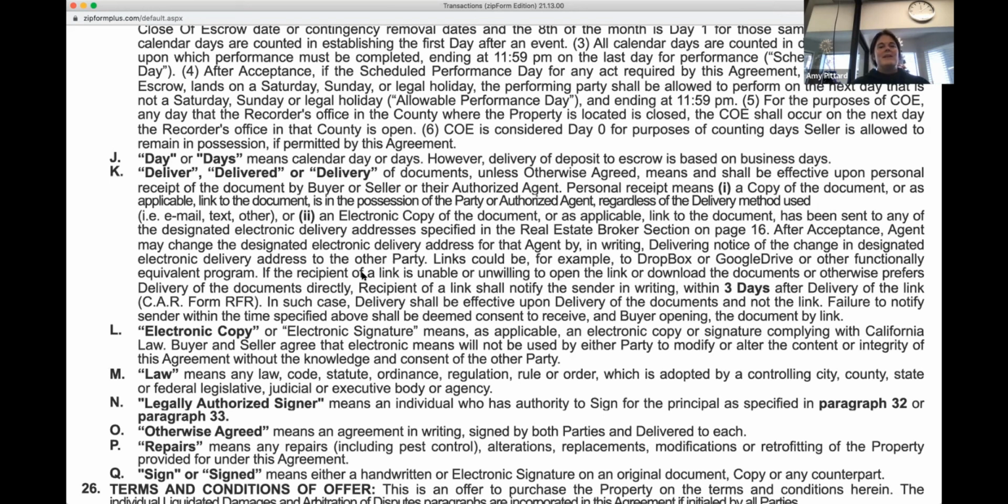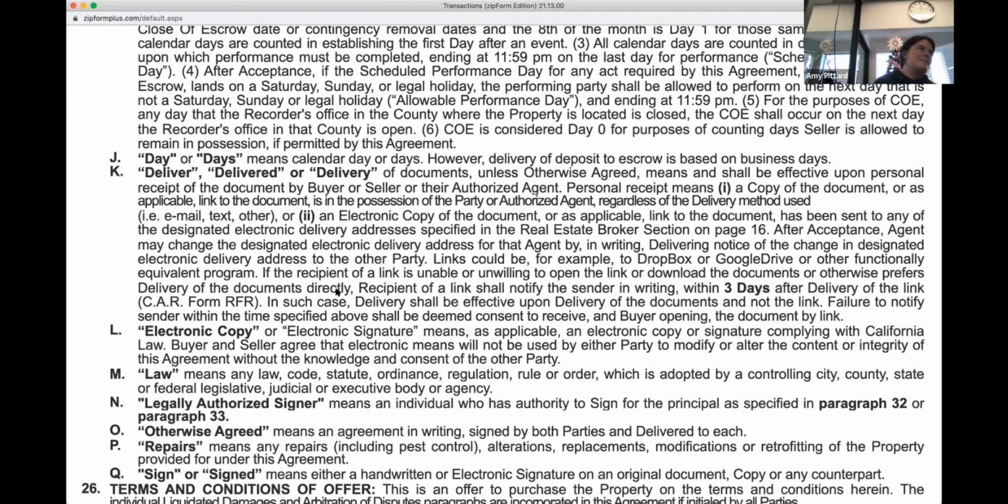If the recipient of a link is unable or unwilling to open the link or download the documents, or otherwise prefers delivery of the documents directly, the recipient shall notify the sender in writing within 3 days after delivery of the link, CAR form RFR. In such case, delivery shall be effective upon delivery of the document and not the link. Failure to notify sender within the time specified above shall be deemed consent to receive and open the document by link. What this means is that you no longer have to physically receive a copy of the signed